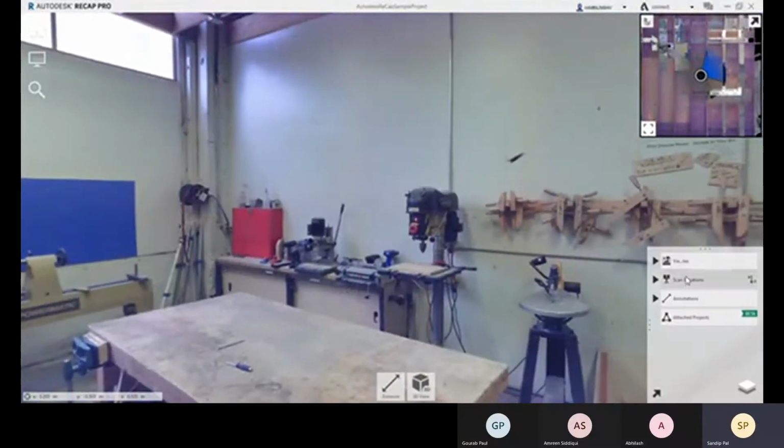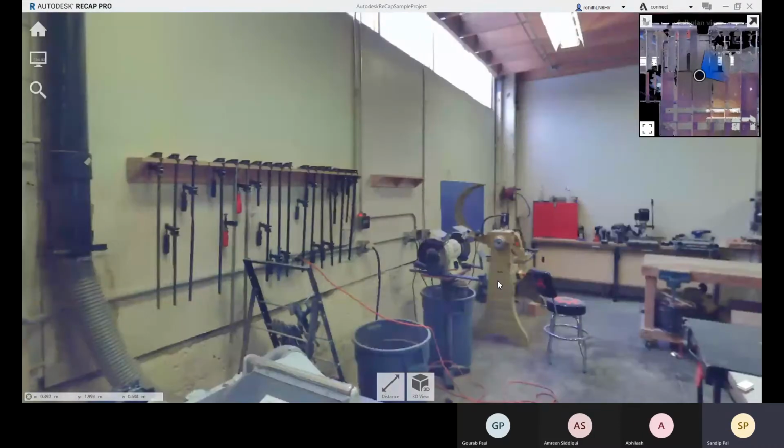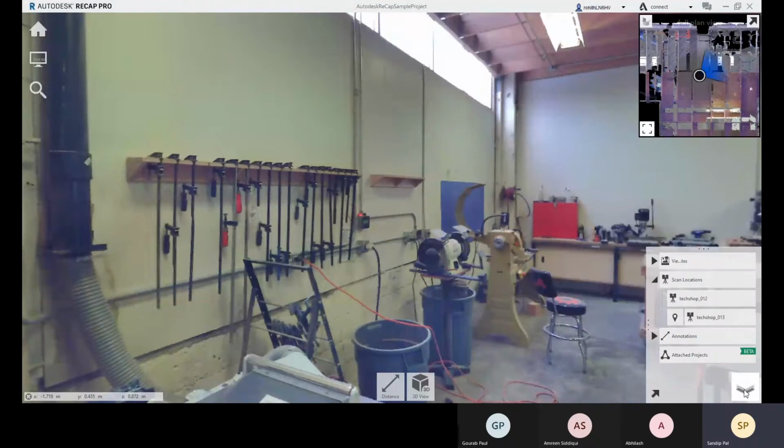Okay, so let me come to this scan location. So this is one scan location. You are just switching to that scan location.